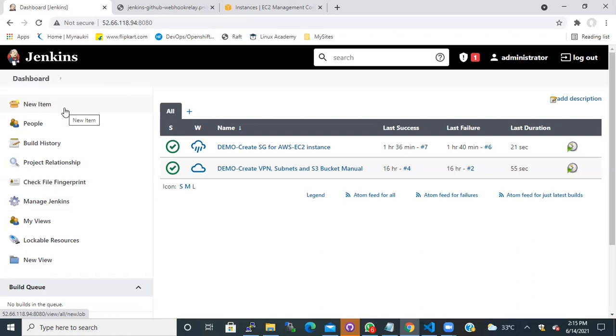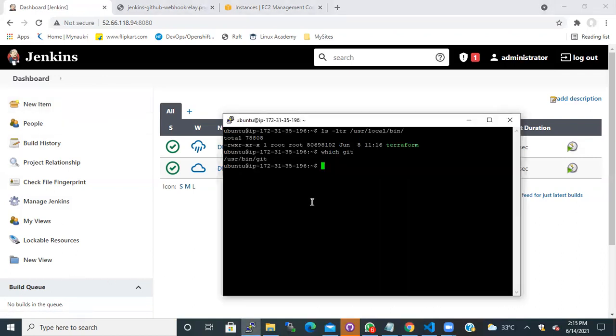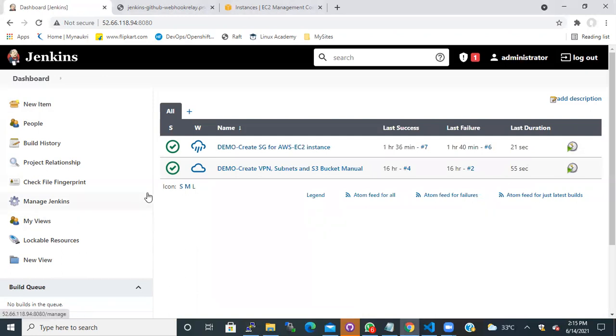If we are restarting the service, is it affecting other plugins? It won't. I mean, the plugins will be running within the Jenkins server, right? It won't affect. Why would it affect? Okay, okay.